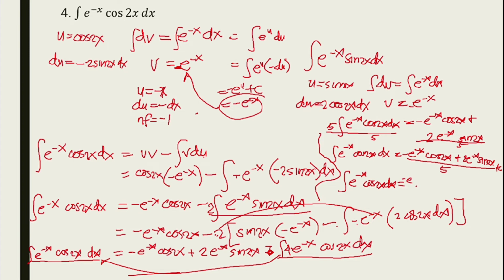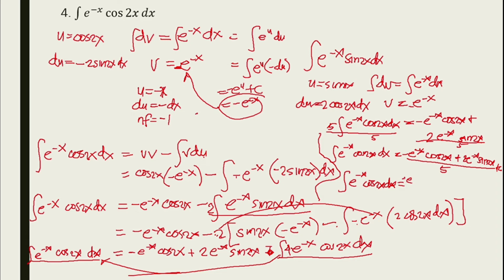So this is e raised to 2x. Okay, we have to extract in this part, and this part you have to recall that this is e raised to negative x, and this is negative and negative. Okay, negative and negative, that is positive e raised to x, and this is positive, so therefore we have the answer